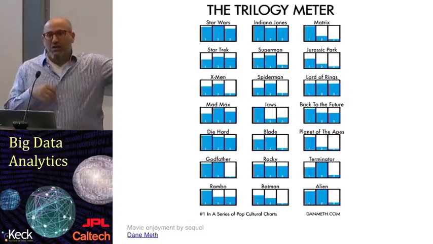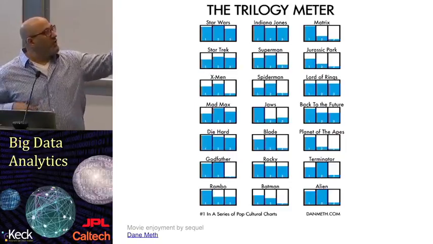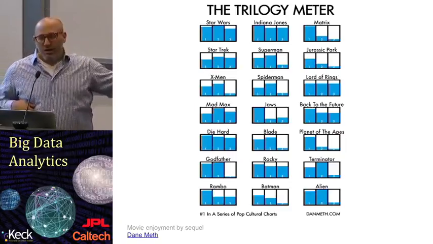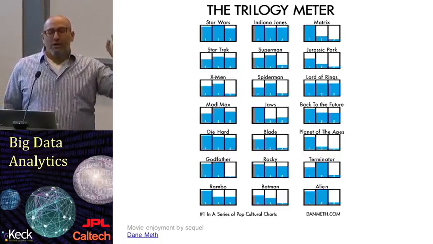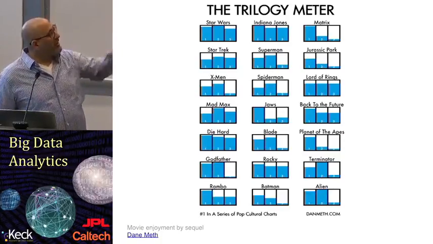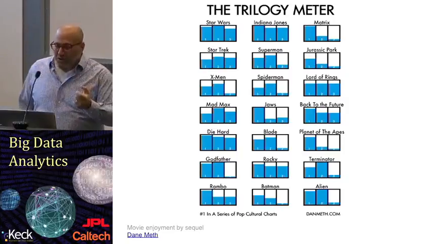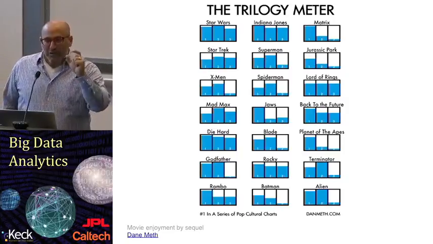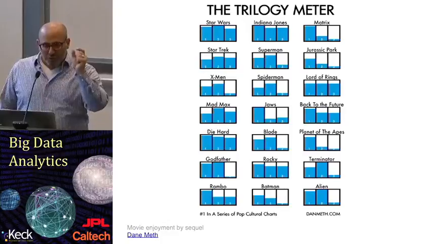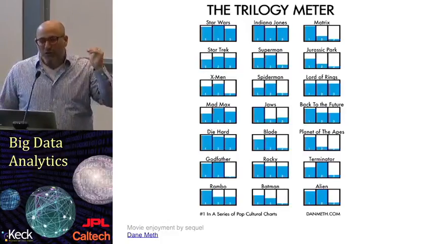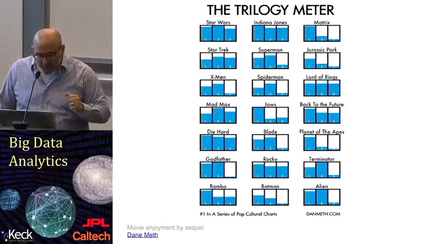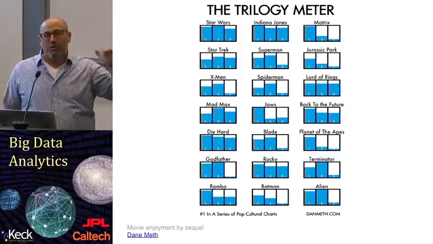And what you can see here is that each set of trilogies is shown next to one another with a little bar graph that represents the person's opinion of the different movies. And so you can see that the person found Mad Max 2 to be even better than Mad Max 1. Whereas if you look across Star Wars, they all seem to be fantastic. Whereas Jaws 1 was incredible and 2 and 3 were